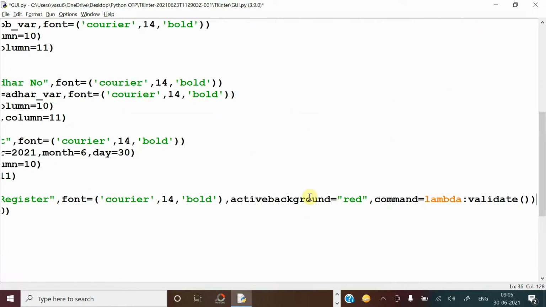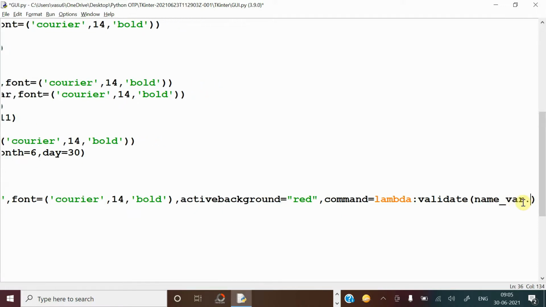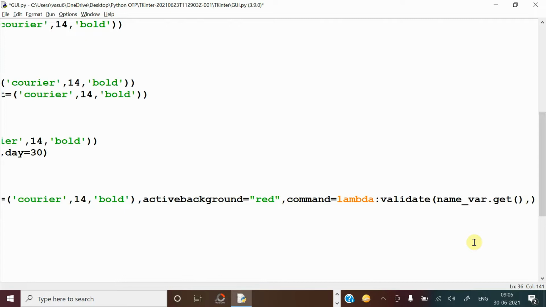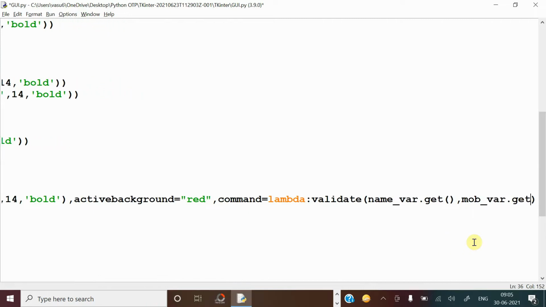Now these values should be sent as parameters. So simply write name underscore var dot get. What will happen? The values available in the text box will be taken here. And after that, you have to keep mobile underscore var dot get.